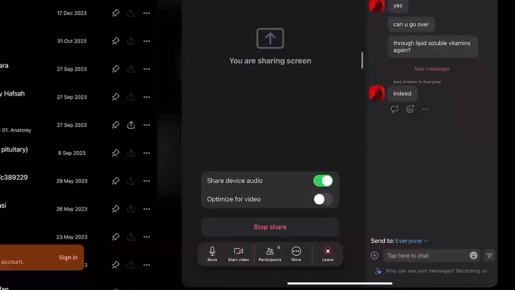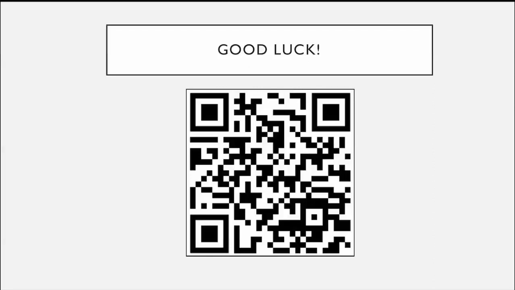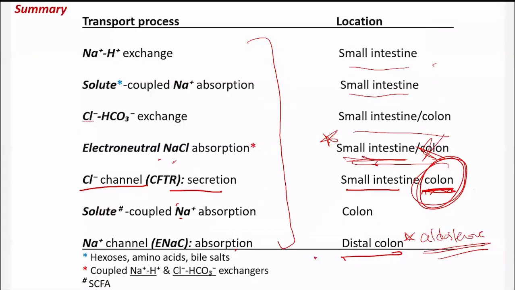Okay, that's great. If there are any questions about cholera or aldosterone,